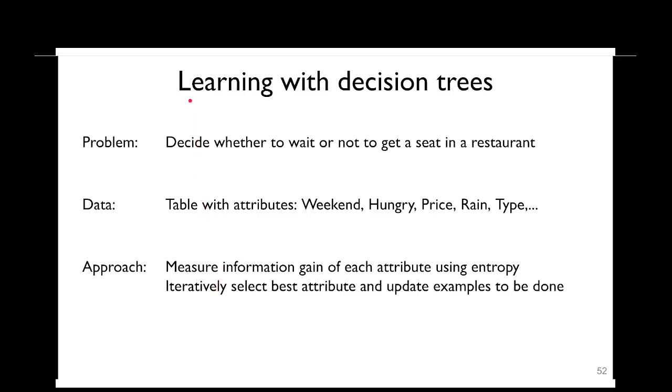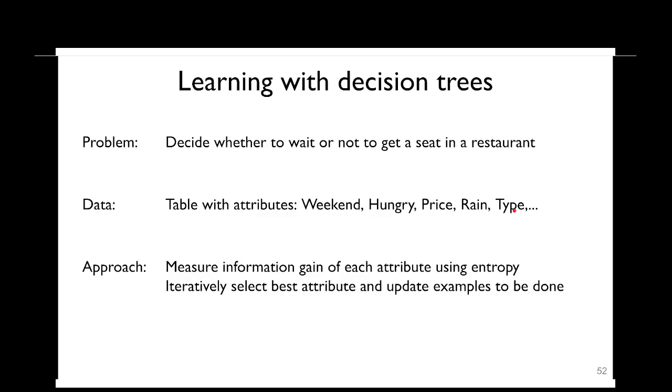Another area is learning with decision trees. And the problem here is we want to decide whether to wait or not to get a seat in a restaurant. And the difference here is it's not text messages or images, but rather it's tabular data with attributes such as, is it the weekend? Are we hungry? What is the price of the restaurant? Is it raining? What type of food is it? And so on. So we have all of these discrete valued parameters organized in a table,